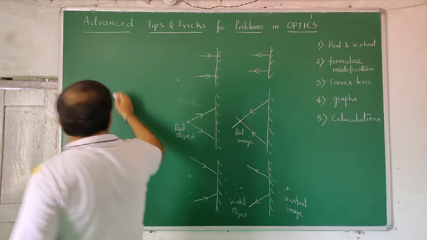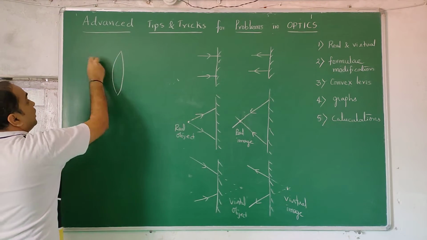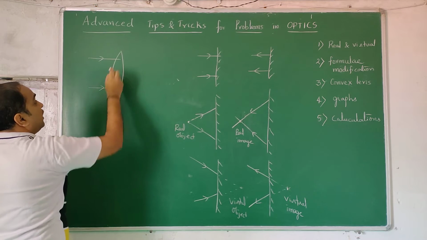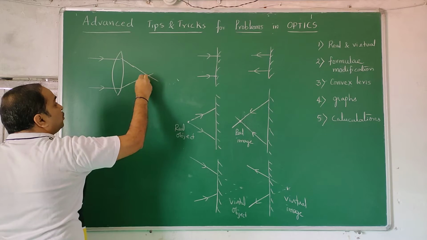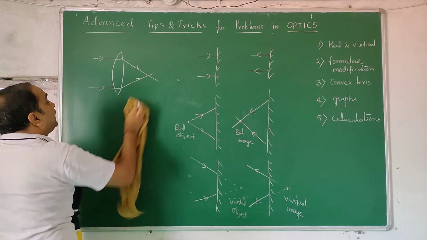So actually what happens is, let us take a lens. These rays are coming like this. After hitting the lens, you know that it is going to converge. You are not allowing the rays to go and converge here. In between, you kept a mirror.